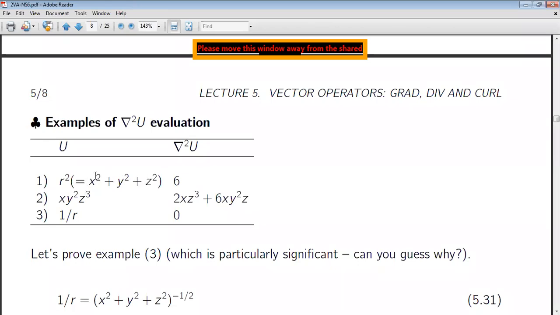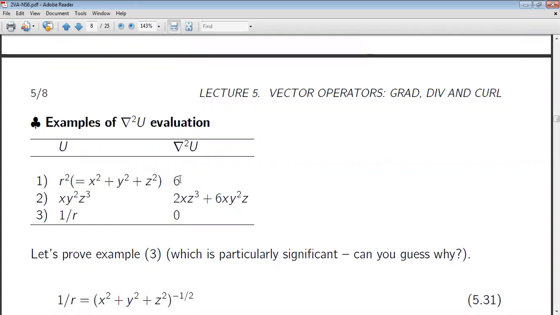Del square by del x square of this function, x square plus y square plus z square. It is nothing but 2, na? Because del x of this is 2x, the derivative is required two times. Now del square by del x square is what? You have to take the partial derivative two times with respect to x. For the first order derivative, del x of x square is twice x. Again you take the partial derivative with respect to x, so that is 2, only 2 will be left. Similarly, del square U by del y square is again 2, then del square U by del z square is again 2. So if you add those, you will get 6 as the required answer.